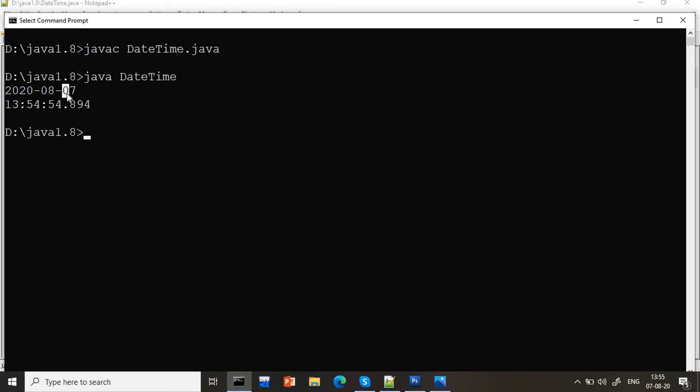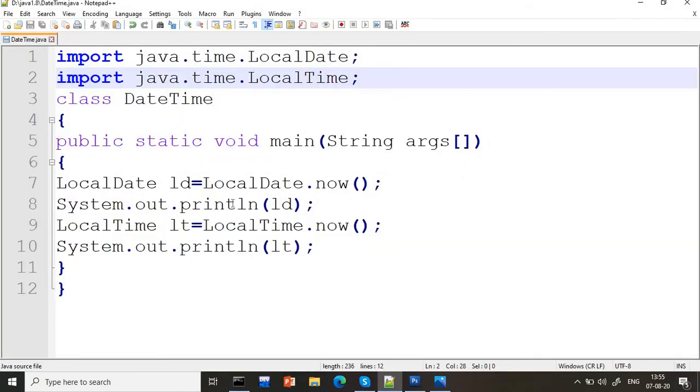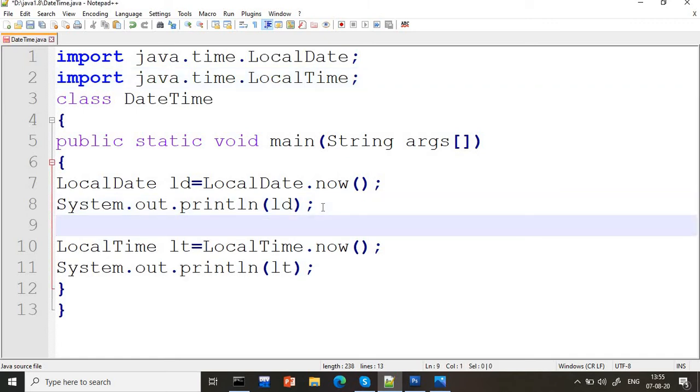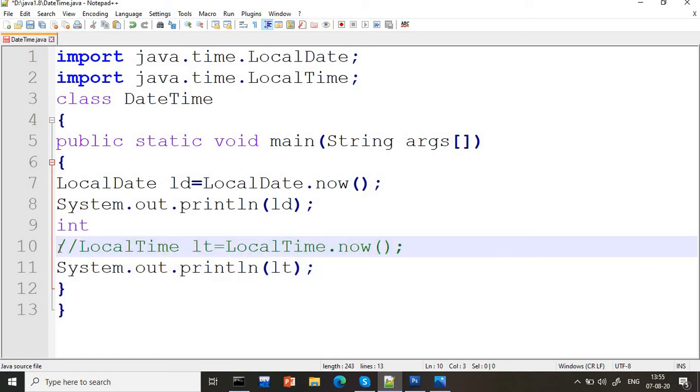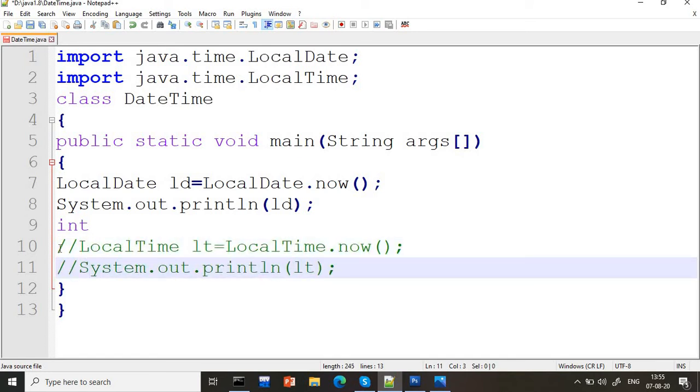Yes, it is absolutely possible, and for this all the predefined methods are available. What you can do is simply take a variable called integer. I will remove the bottom part. I hope you understood this, or I will hide this code by using comments. Okay, now we'll go ahead.